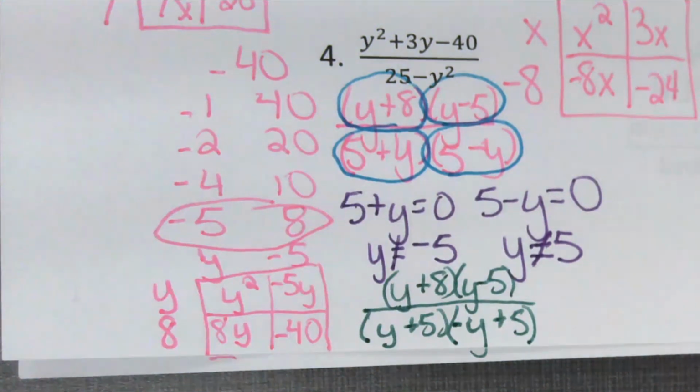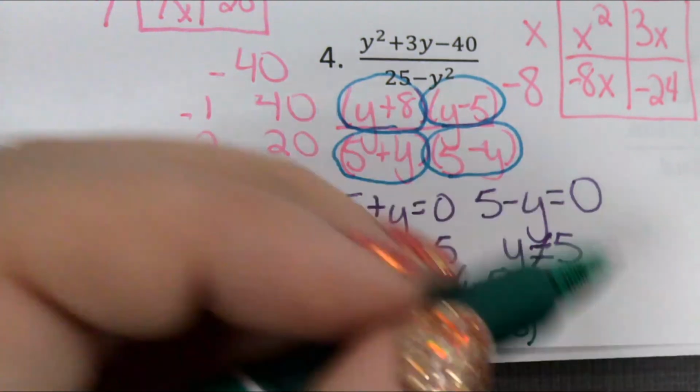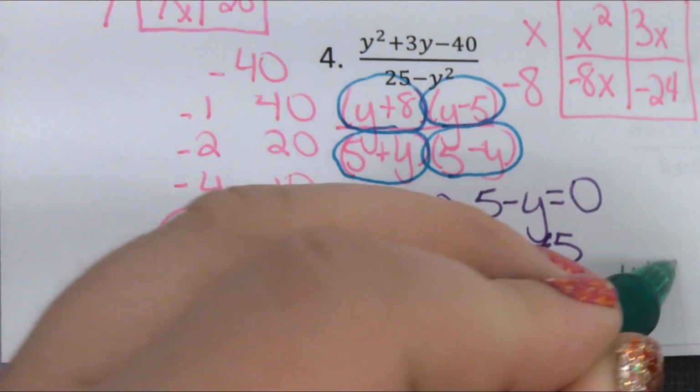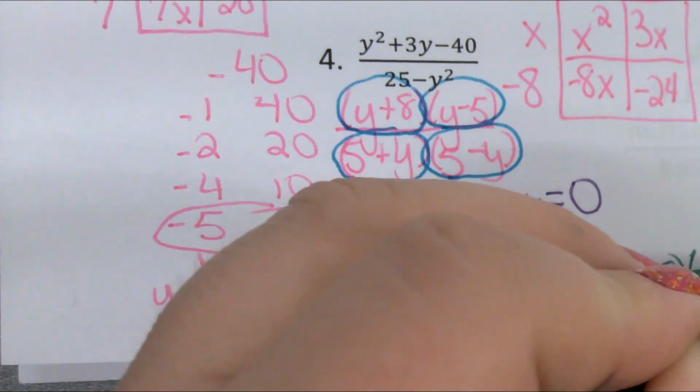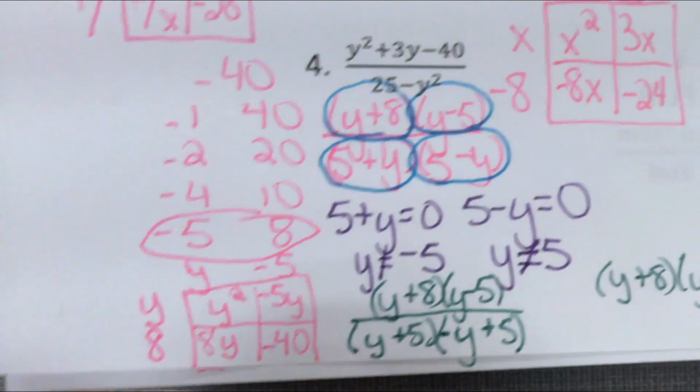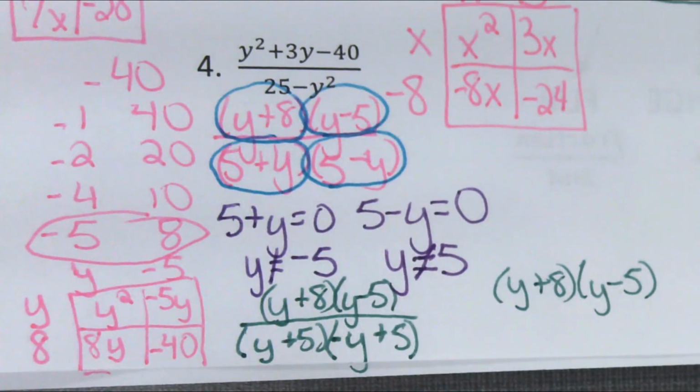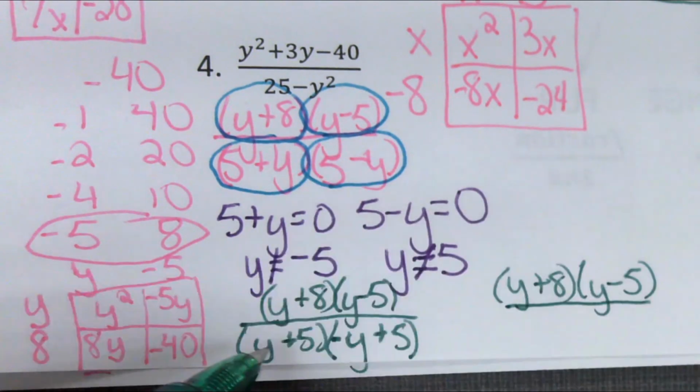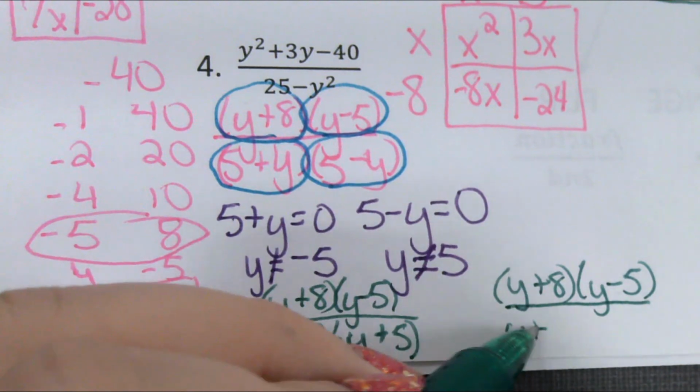Not quite exact yet. The issue now is the signs are wrong. So remember, when we're close to canceling, we're going to try factoring out a negative 1. So if I divided each of these factors by negative 1, I'd get negative y. So I don't want to do that one. That one's going to remain the same. So y plus 8, y minus 5, move it over just a little bit. And then the bottom, we decided that y plus 5 is going to stay the same because factoring out a